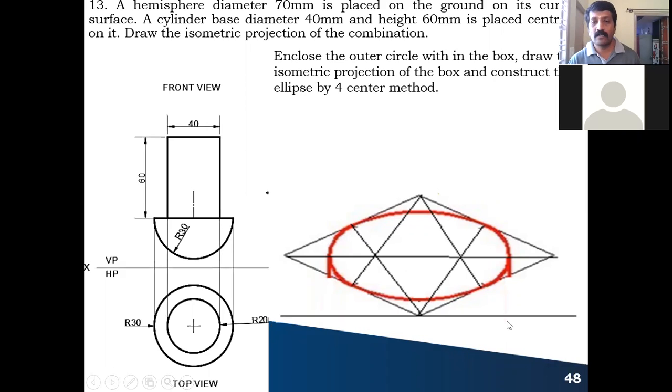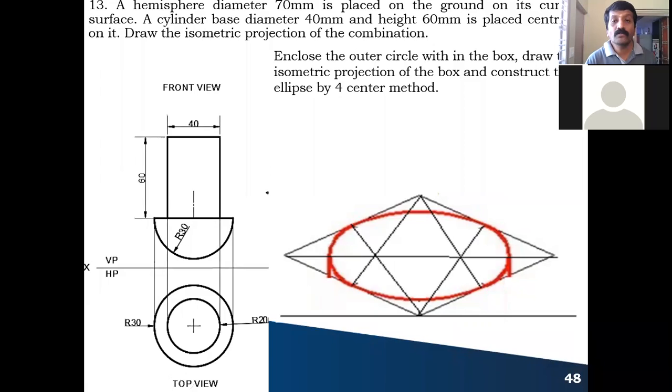So draw the horizontal line, take any one point, draw the 30-degree line on either side. After that, the outer square, whatever you have drawn here, you take the dimension, it is exactly a square. Convert any one of the side dimensions into isometric scale, and then from this as the center, you cut on either side of your 30-degree line. After this, from this point you draw a 30-degree line, from this point you draw a 30-degree line, and you are going to get another point. So the outer box isometric projection is ready.